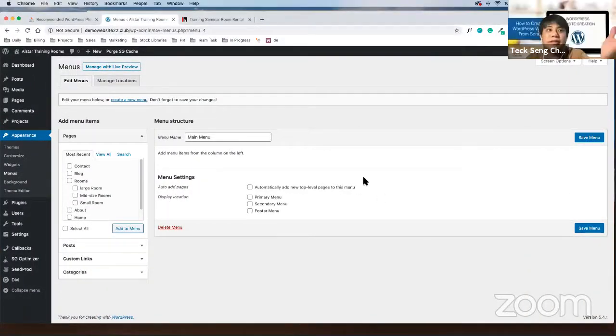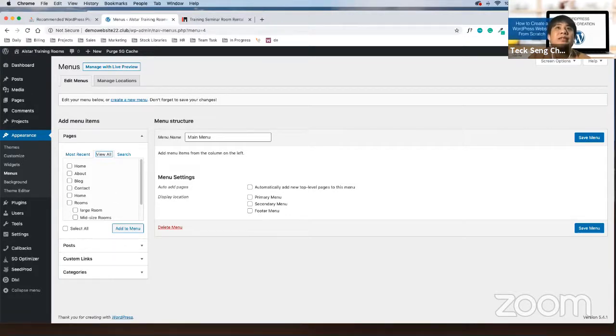So now just take a look at my screen. This one will be a bit slow, but if you take a look at my screen, you should be able to understand and perform on your side. First step, on the left-hand side, you can see pages. Click on View All here. Now there are two homes on your screen.